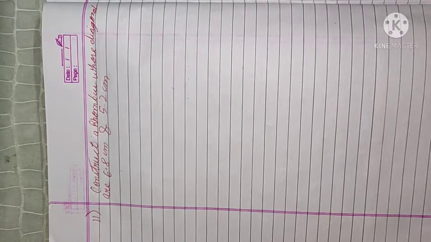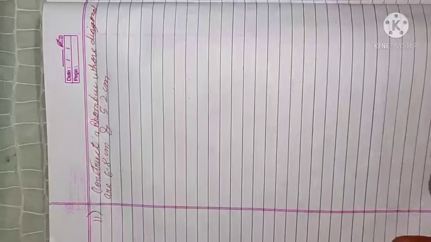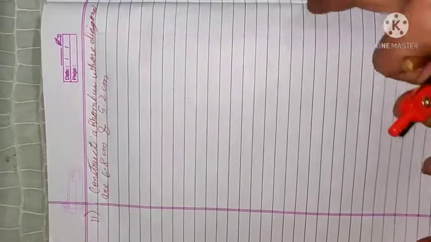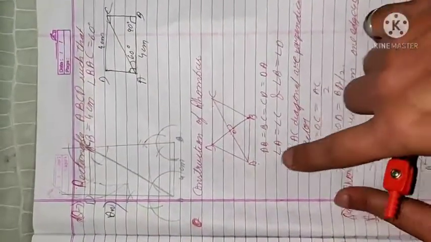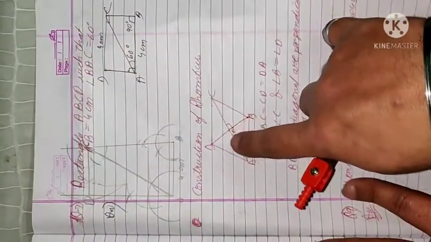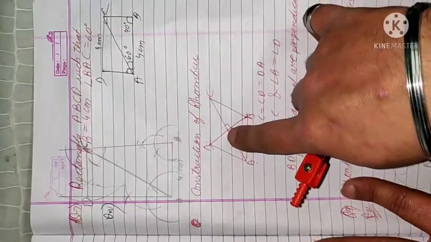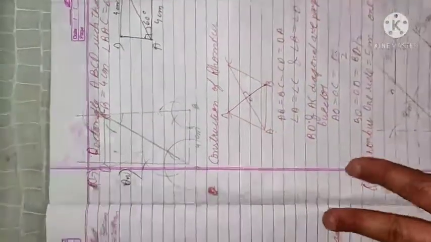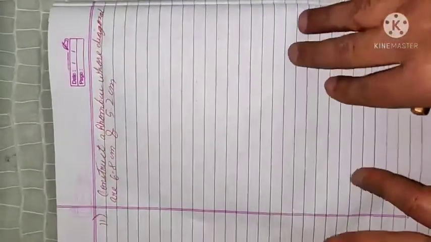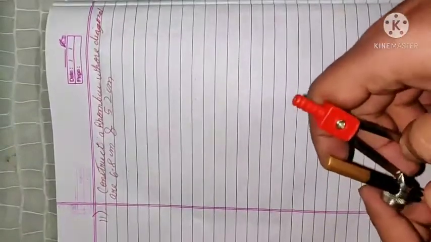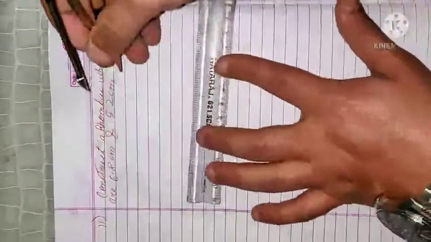5.2 centimeters. So going for 6.8, for the diagonals of a rhombus, I have told you two properties: its diagonals are perpendicular bisectors, that they form 90 degree and they cut at equal points, that is they meet at the midpoints of each other. So we will do the same thing. We will first make one diagonal and construct a perpendicular bisector on it. First we will make one line of 6.8 centimeters.